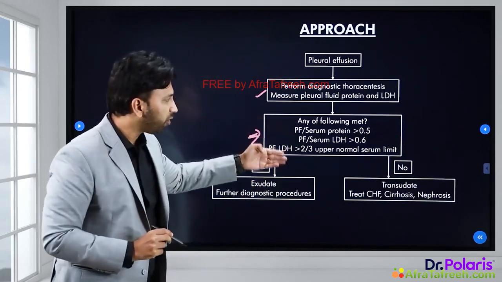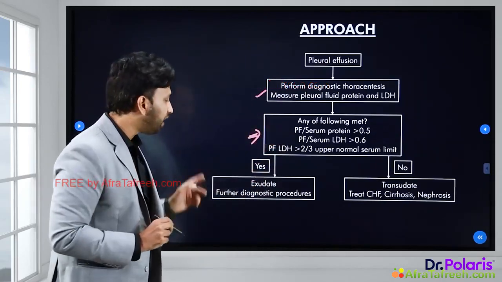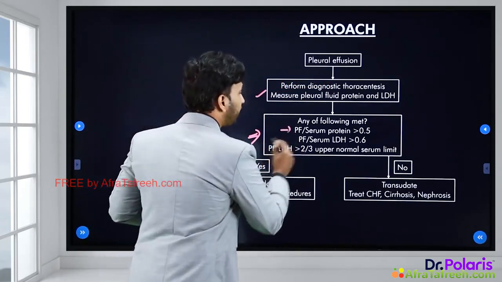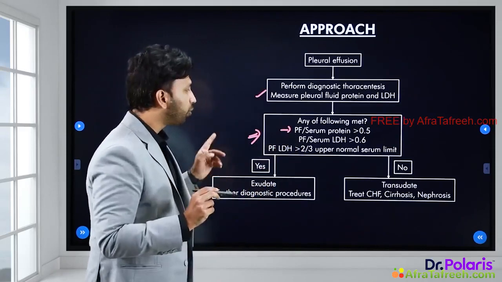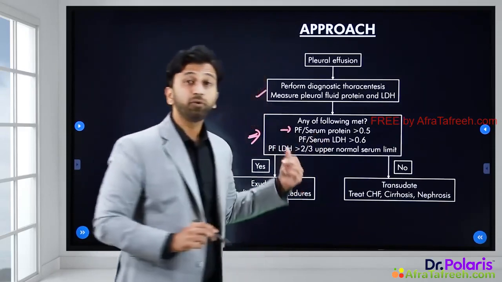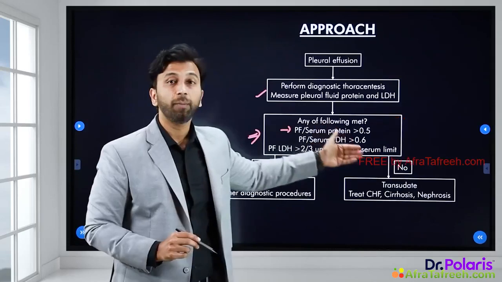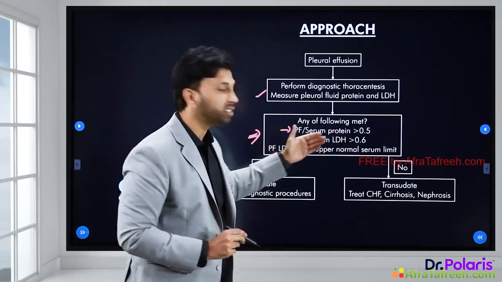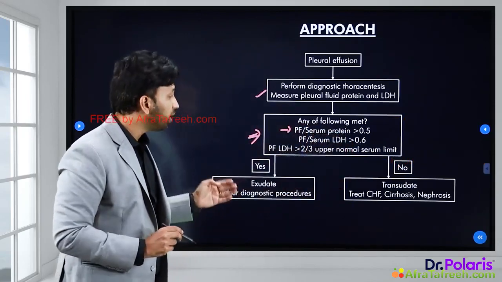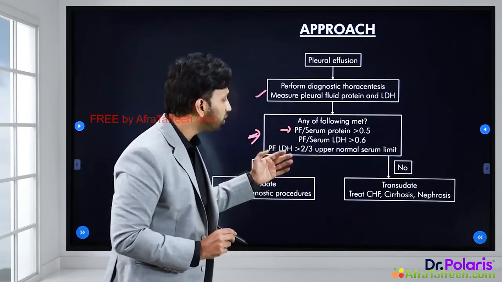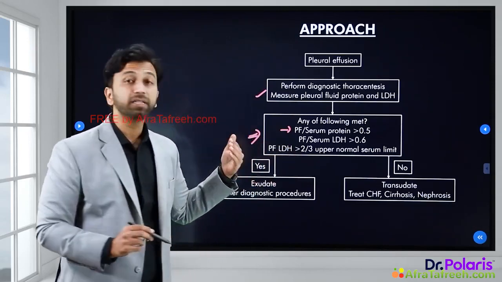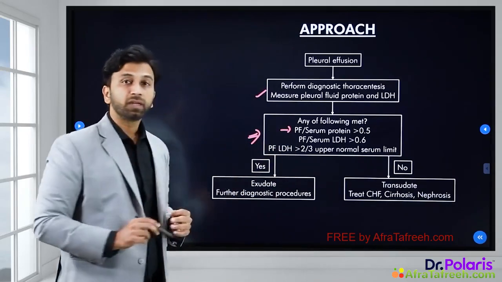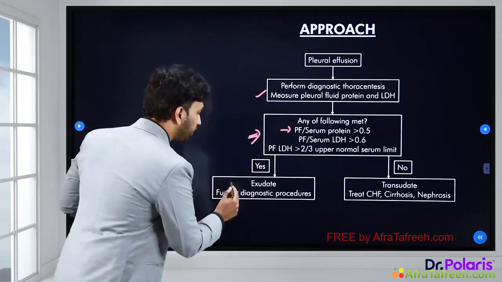If any of the three following criteria is met, then that fluid is exudate. Now, what are those criteria? Get a ratio of pleural fluid protein to serum protein. If the pleural fluid protein to serum protein is more than 0.5, or if the pleural fluid LDH to serum LDH is more than 0.6, or if the pleural fluid LDH is more than 2/3 of the upper normal serum limit of LDH, if any of these criteria is fitting, that means that the effusion that you have got